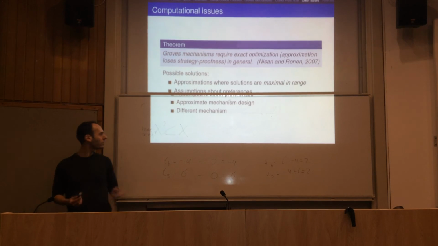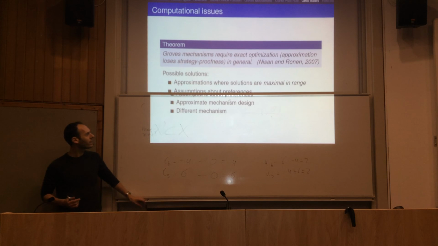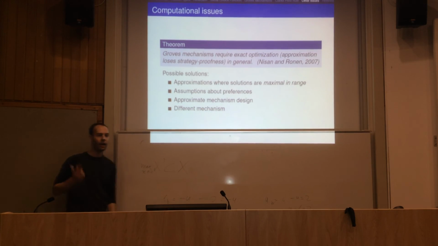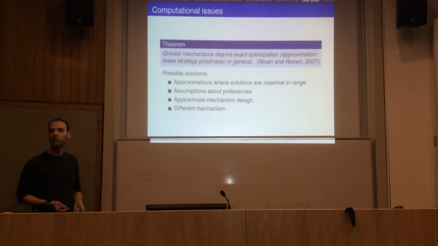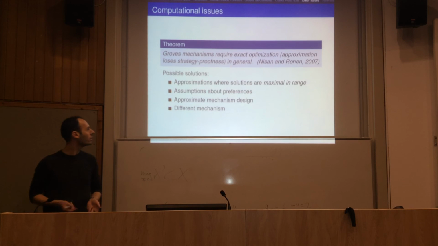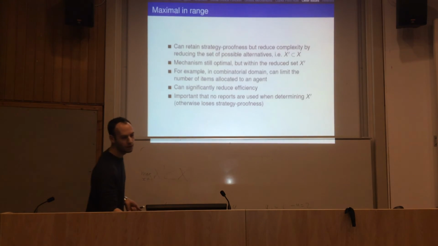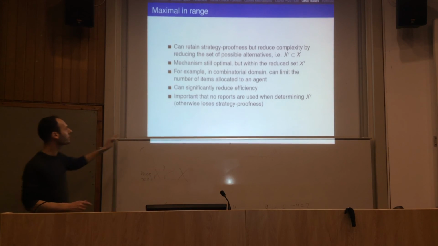And what's the advantage? Well, we can choose this subset so that it's much smaller, and we can essentially get around the complexity problem. But we no longer have efficiency, obviously, because we might be excluding the efficient solution. So an example is reducing x. For example, we say that okay,